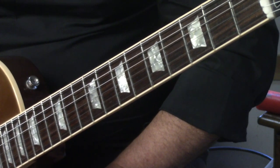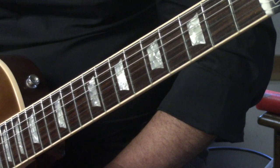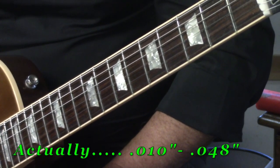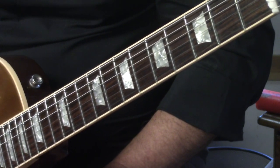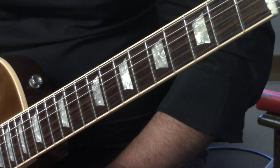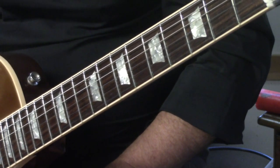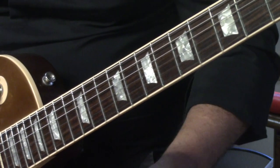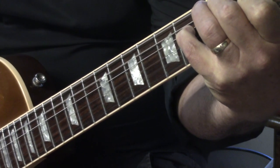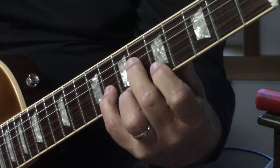So after talking with the customer, we're going to redo this guitar and put another compensated nut for 10 to 52. And then he'll be able to just relax. He doesn't have to play with a feather. He can play it normally, and the strings will be taut enough to really hold their tune. I'll come back when it's all done, and I'll go through those chords again, and you'll hear that not only will it be perfectly in tune, but you don't have to limit your right hand attack to playing light as